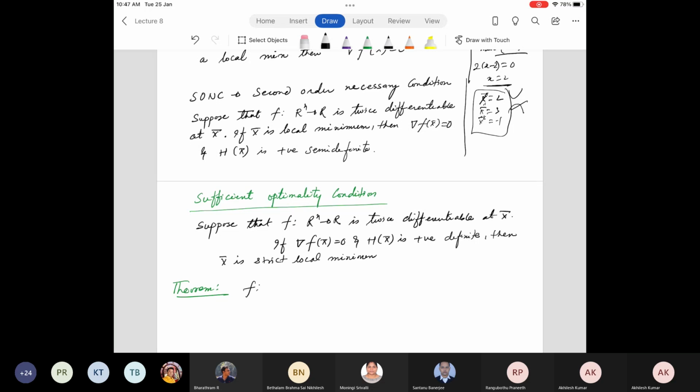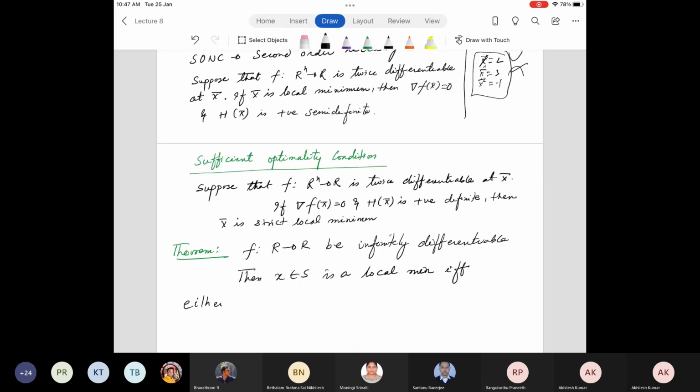If f from R to R is infinitely differentiable, then any x belonging to S is a local minimum if and only if